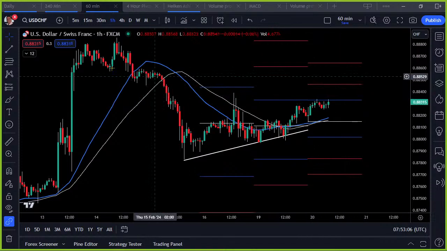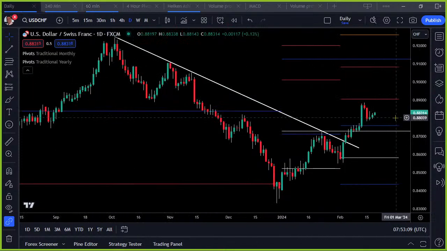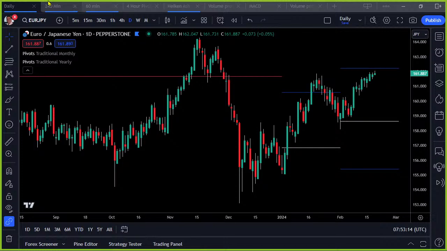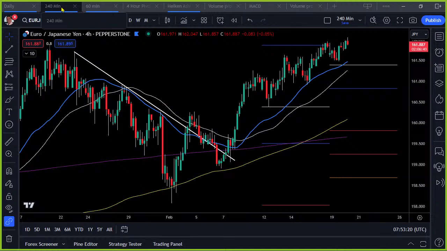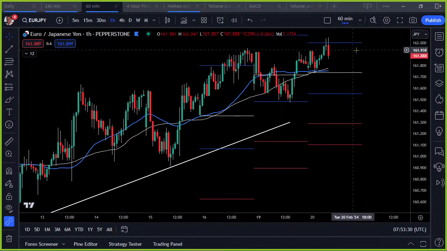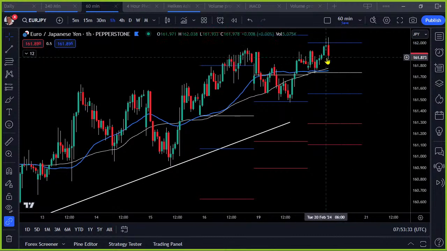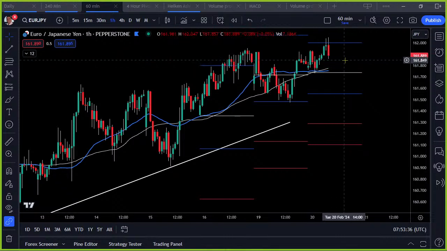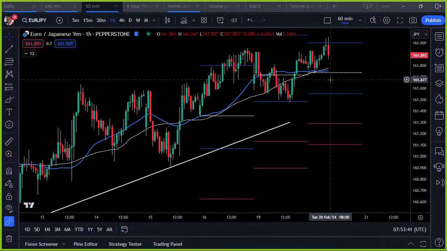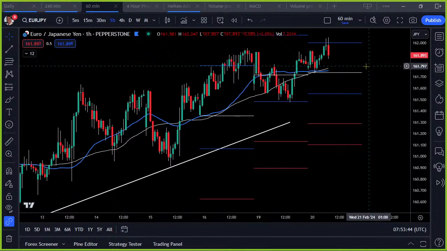It's working its way there, but that's all I can say there. It's so slow. Euro yen. I did warn about this yesterday, and I warn about it every day: don't stand in front of it. Yes, it will have corrections, etc. But there's a lot of strength seems to be still on it. We've still got that weakness of the yen. Got a bearish engulfing on the short term on the hourlies here. Could see more of a correction come from that, but again, I'm not looking as a seller. I'm only really looking as a buyer on this market at the moment.